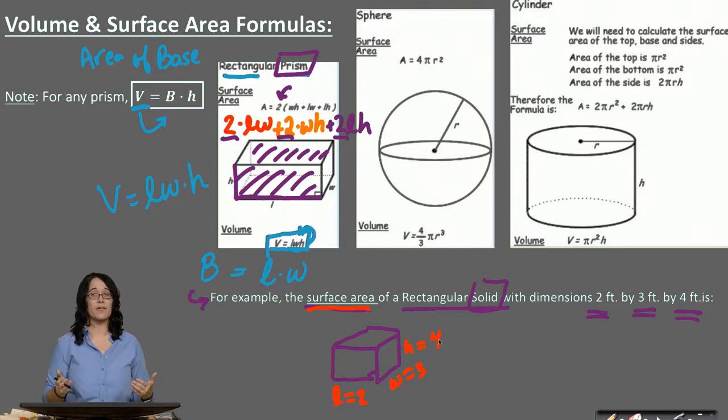If you just wanted to calculate your volume, how much you can stuff inside, whether that is cubic feet, cubic inches, it's going to be a cubic unit, you would multiply the area of the base, L times W, times the height, so LWH. In other words, 2 times 3 times 4 would give you your cubic dimensions for the volume. But if you want to know how much would be required to cover the surface of this rectangular solid, you would need to calculate the area of the top and the bottom face, the side faces, and the front